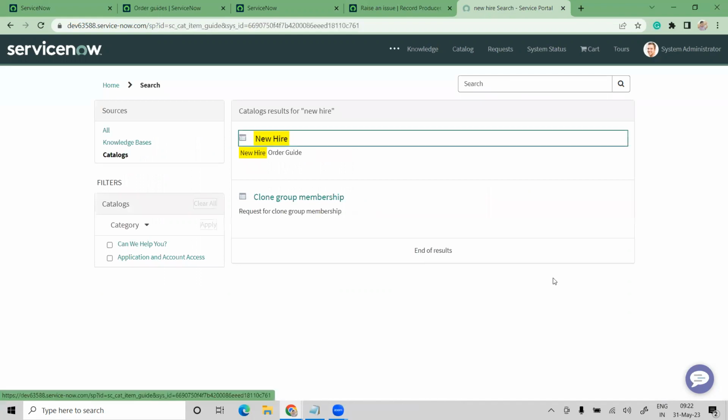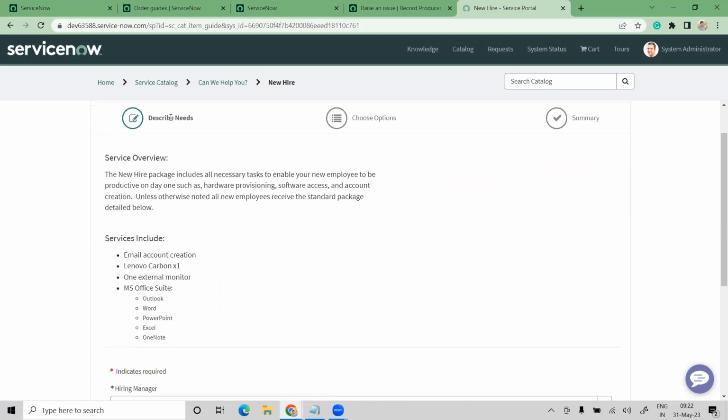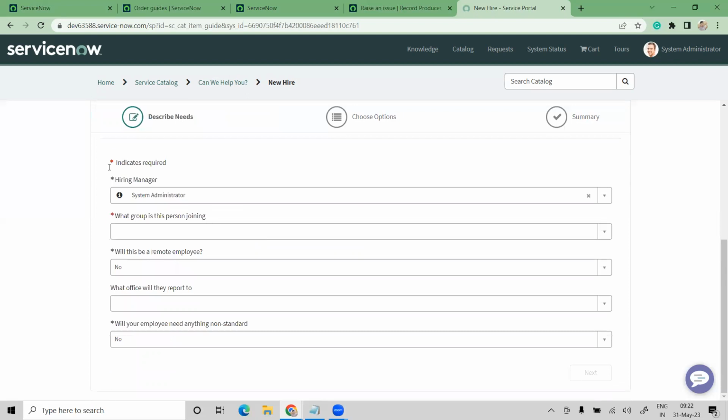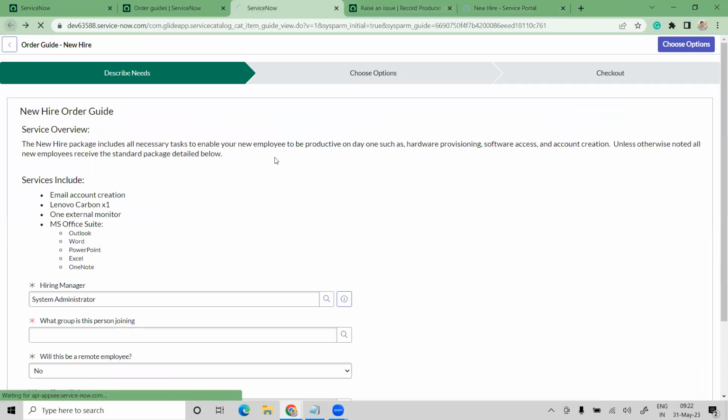Just click on New Hire, and here you see this is the new hire order guide. The backend value of this is sc_cat_item_guide. Here the details will be available, and for the first one there are variables for this. If I go back to the order guide of this one,